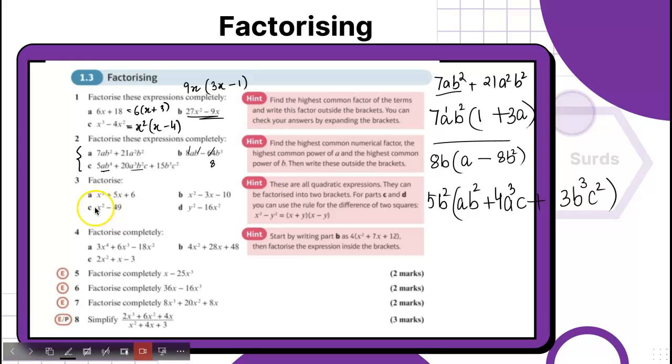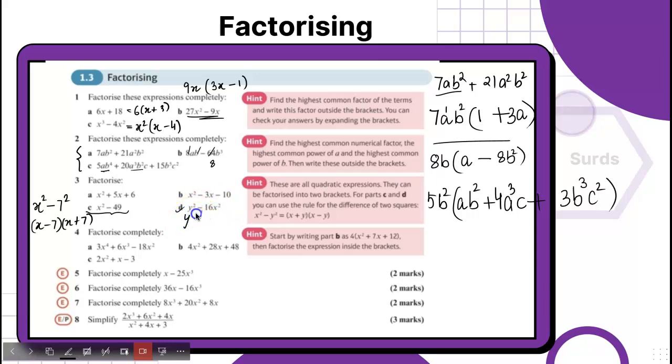Okay, now we have discussed this one as well. I mean these two, we can solve them here. So x squared minus 49. 49 is a square number. We can rewrite it as x squared minus 7 squared. Isn't it the difference of squares? So that would be x minus 7 and x plus 7. Perfect. What about this one?